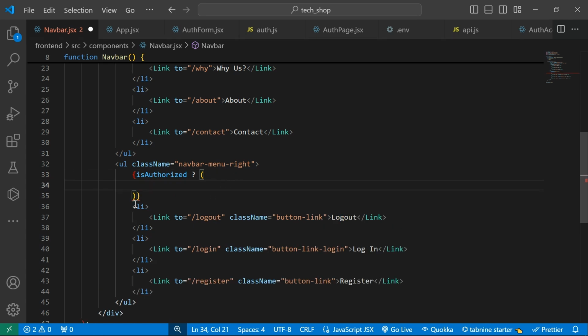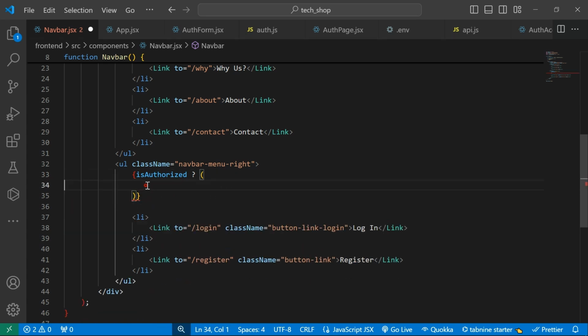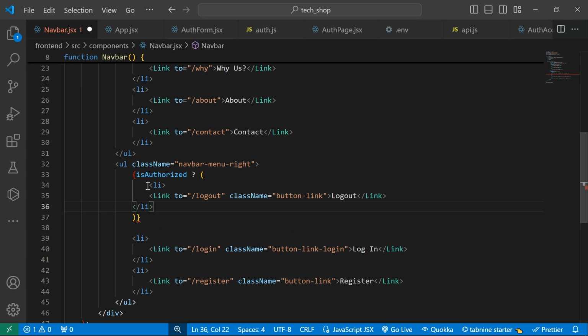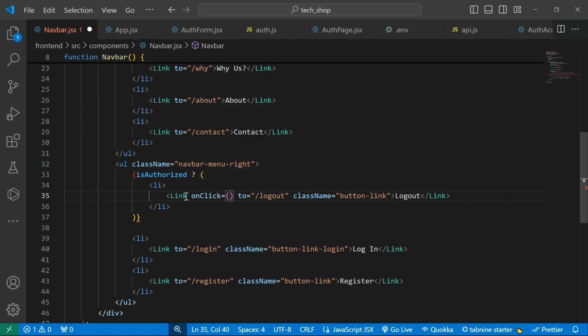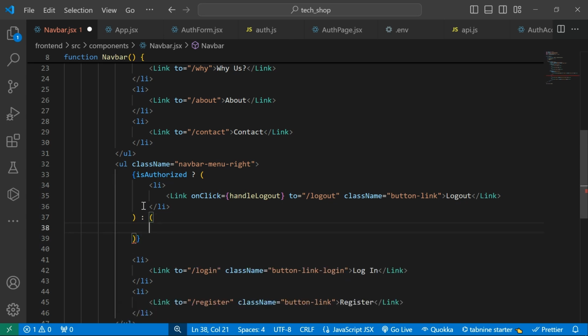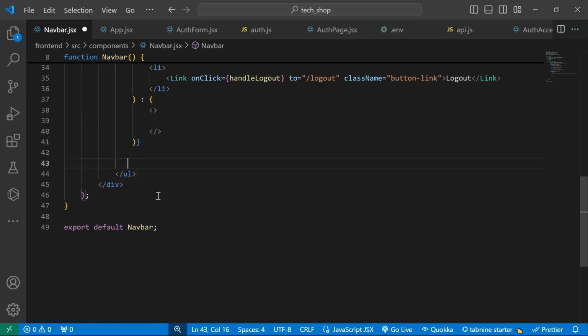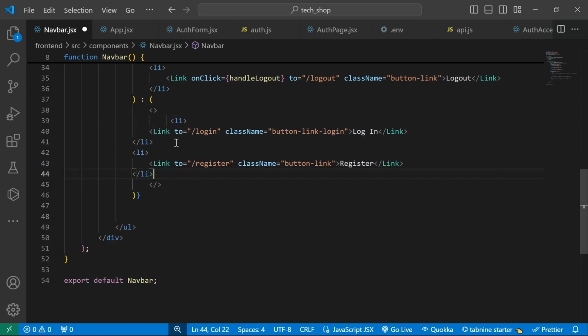Let me move out this logout, put it inside here, paste it. Then for this login and register, I'm going to come below. We are going to also handle for that. And inside here, I'm going to add the onClick. For the onClick, I'm going to set it to be handle logout. Okay. So inside here, then quote, so that here I'll add another one for the link for login. I'm going to move the login and the register inside here. Add this quote, come here, move out this, cut them out, paste. Okay, so